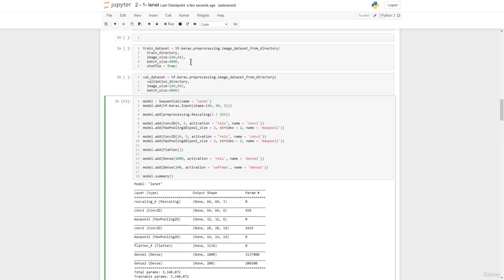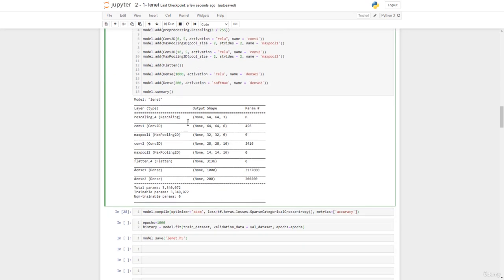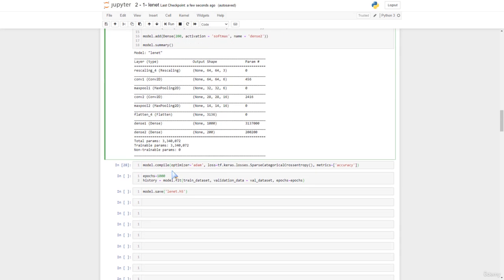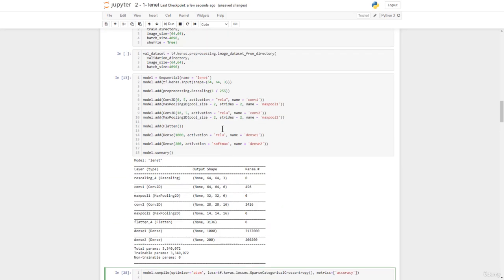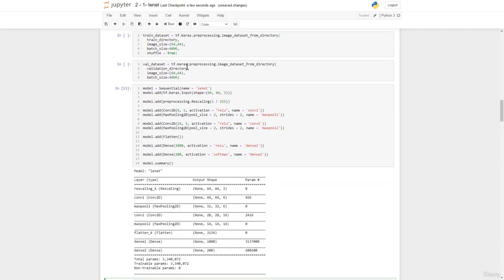Looking back at previous code, we had the train dataset and the validation dataset, which have been built already, then the model, which we can see right here, and then we compile this model, specifying the optimizer, the loss, and the metrics. Now, the reason why we're using the sparse categorical cross entropy instead of maybe just the categorical cross entropy is because the outputs given by this tf.keras preprocessing image_dataset_from_directory